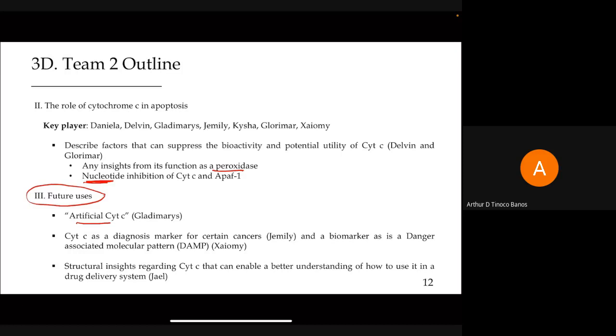Another really insightful thing was cytochrome C as a diagnostic marker for certain cancers. So I saw Gemily present some information about this, but I also saw Xiaomi present some really valuable information about cytochrome C as a biomarker in the form of a danger-associated molecular pattern, so this DAMP property, which I think is really valuable because this could also lead in very nicely to what Team 3